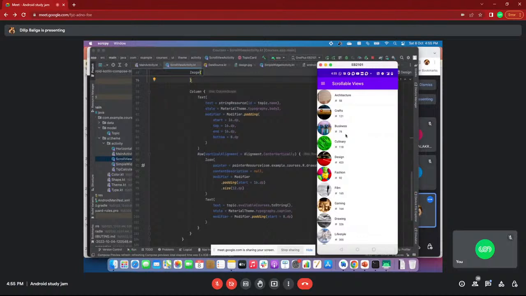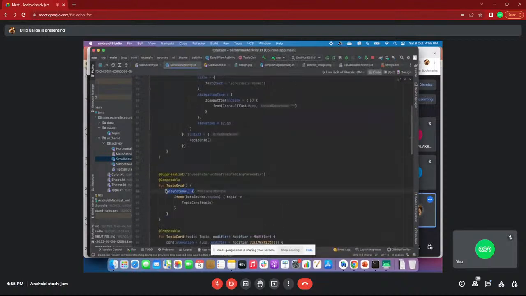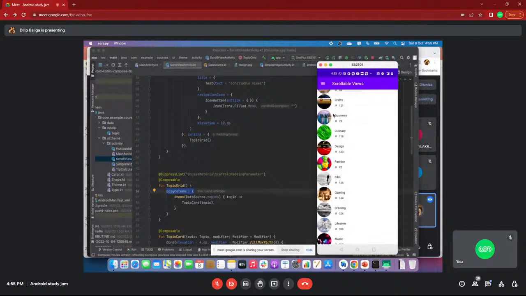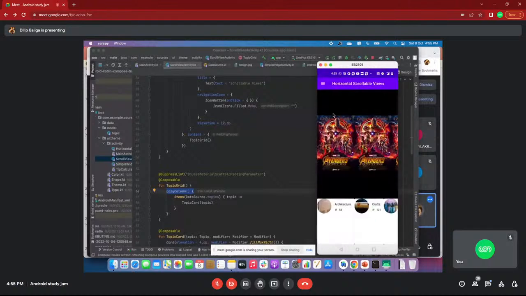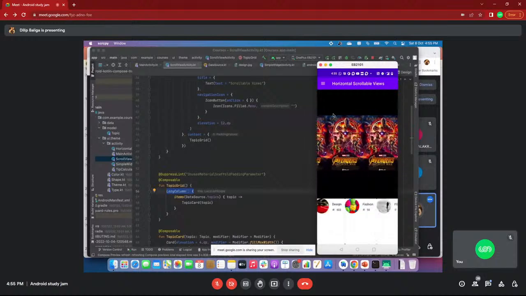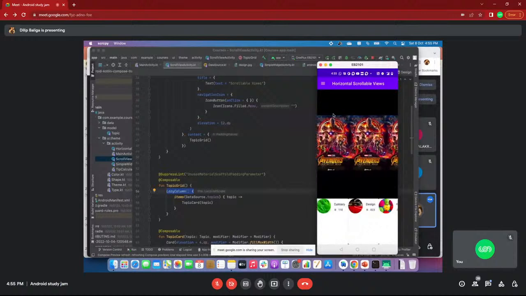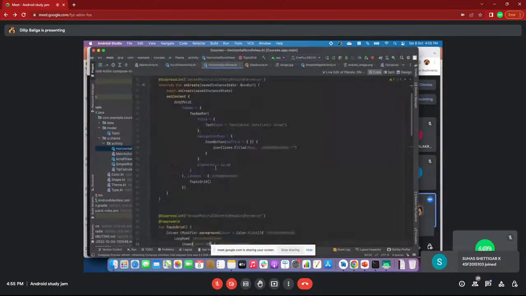Next thing, as I already mentioned, this is the lazy column. A lazy column is vertically scrolling. Now I'll move to horizontal scrolling. How is it horizontally scrolling? It's just simple, there is no difference between horizontal and vertical scrolling.